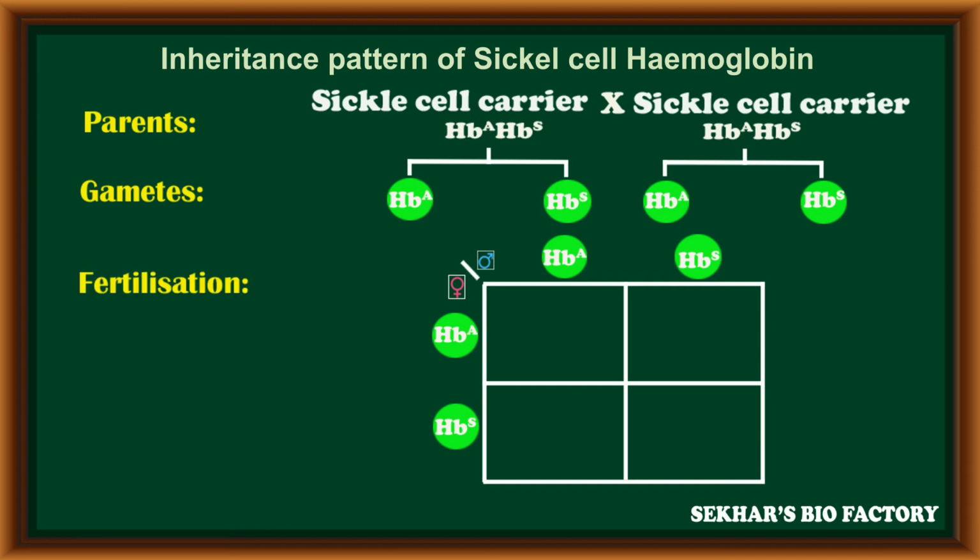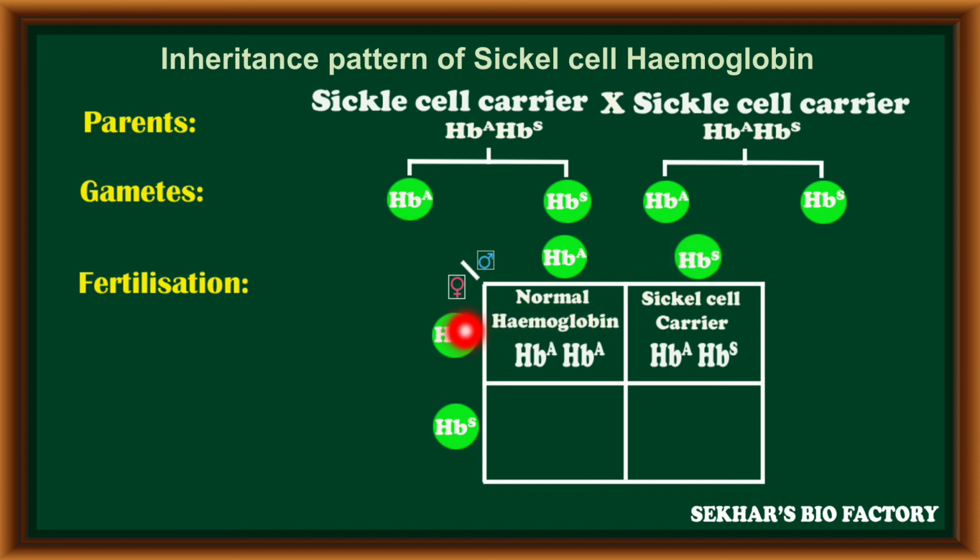During fertilization, when we observe the first combination, it is normal hemoglobin because of homozygous condition. In this combination, HbA alleles fuse to form the HbA HbA allelic combination. Because of homozygous condition, this person gets the normal hemoglobin molecule. The second combination is an example for codominance. Due to fusion of a gamete with the HbA allele and a gamete with the HbS allele, the combination becomes HbA HbS. It denotes heterozygous condition. In this heterozygous condition, both alleles are equally expressed,